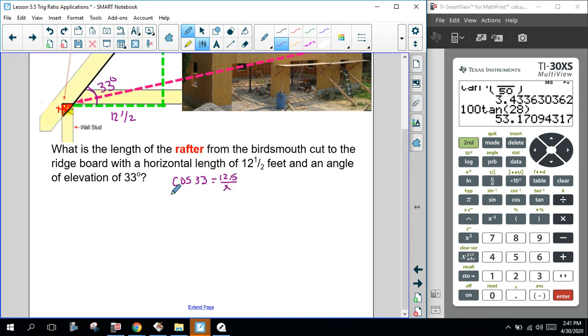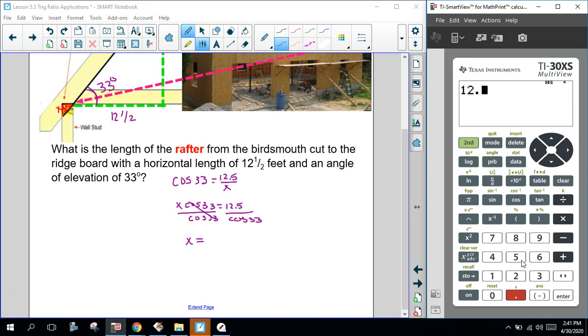And as you do your solving here, you'd take x times the cosine of 33, and that would be equal to the 12.5. We'd have to solve for x. The opposite of multiplying by the cosine of 33 is going to be to divide. So we're going to divide each side by our cosine of 33. And when I divide by the cosine of 33, those guys are going to cancel out. And x ends up equaling what I get here when I take 12.5 and divide by the cosine of 33. We find out that it's 14 and change,